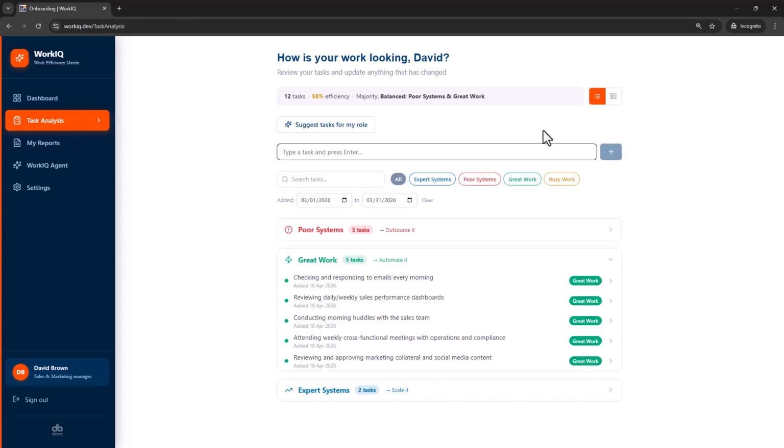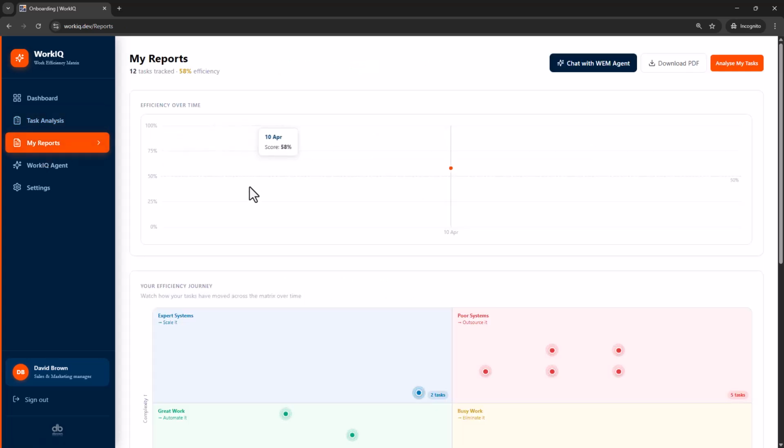So I'm done with my assessments. Once I'm done with my assessments, this basically gets saved into the system. I can then go into my report, right? So I go into my report, and once I go into my report, what has happened is basically done an